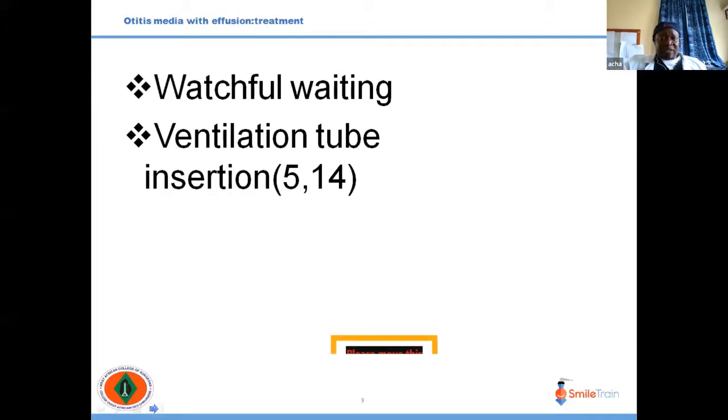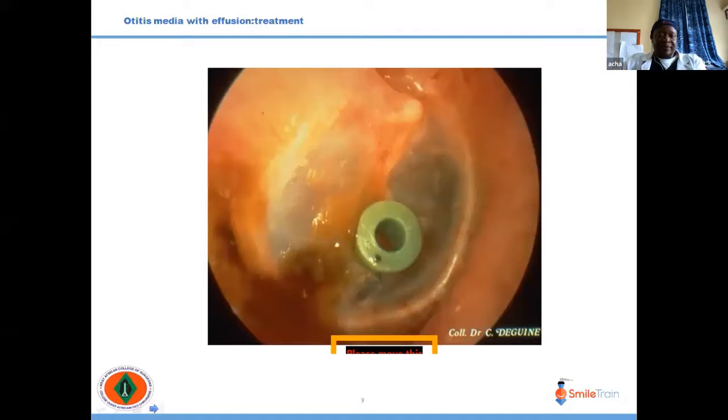In some settings, particularly in the Western world, a ventilation tube is inserted at the time when the cleft palate is being repaired. People who advocate that a ventilation tube should be inserted say so because even after you have repaired the cleft palate, the incidence of otitis media with effusion does not reduce. Studies have shown that this child will still go on to have recurrent episodes of otitis media with effusion until they reach the age of 12. So that is the reason why those who think we should insert a ventilation tube say so. And when you insert your ventilation tube, that is what it looks like.